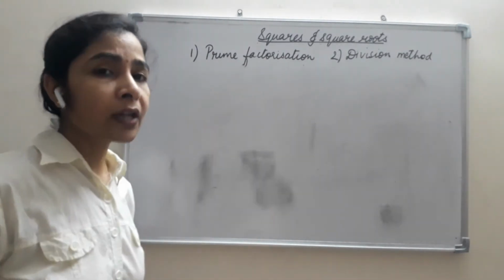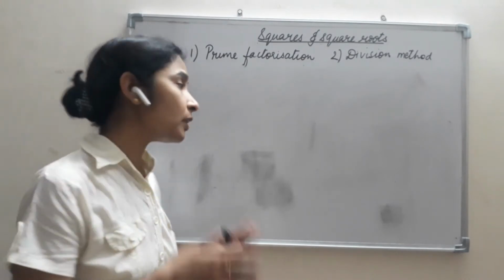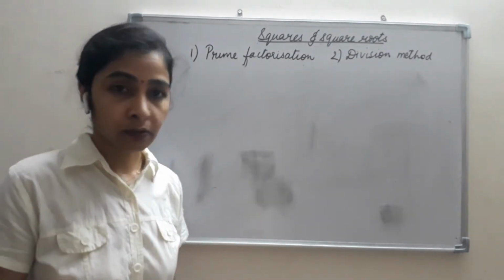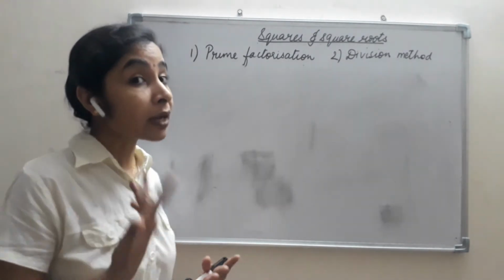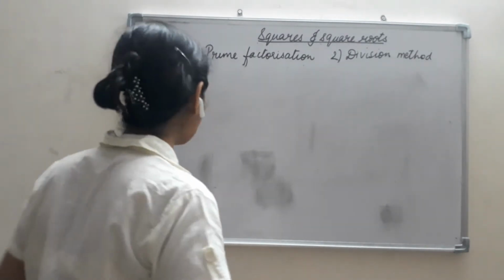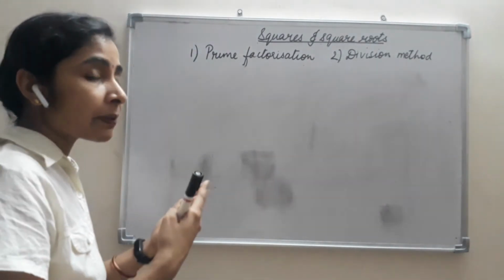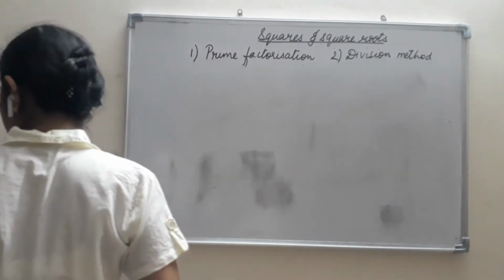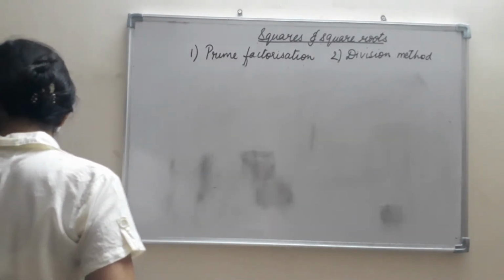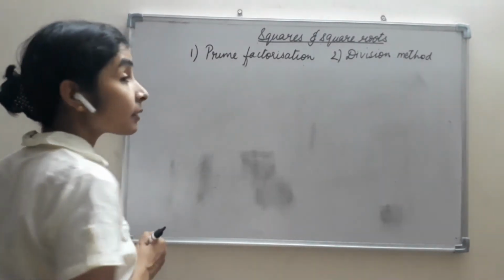Now in the case of the number subtracted, it's very easy. Whatever is the remainder, we will subtract it. But in the case of the number added, it is a bit difficult in comparison to subtraction. So we will do that. First, the number subtracted. What number should be subtracted?